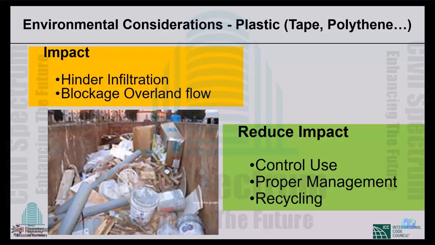Ultimately, two things are impacted. Mainly, it will create an additional layer between the surface and the soil. The infiltration is reduced. That means less recharge, less flow to the inside, which means overflow to the outside. Besides this, polythene bags are also dumped without proper management into the drains, which actually blocks the drainage system.